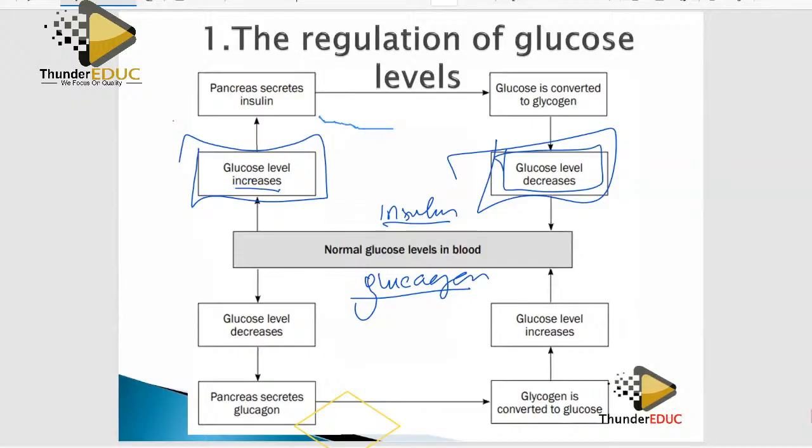Now, how am I going to decrease it? Which hormone should I include there? Which gland do I include? Remember, you need to know the gland and the hormone. Obviously, the gland will produce that hormone, and you need to know the function of that hormone. Then the process is done. So glucose level increases, the pancreas will secrete insulin. The insulin will stimulate the liver to convert glucose into glycogen. And then obviously, the glucose level will go back to normal. Simple.